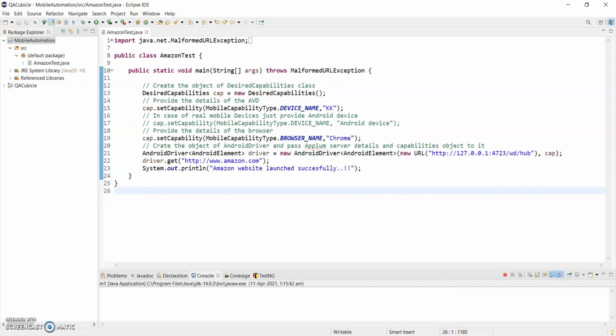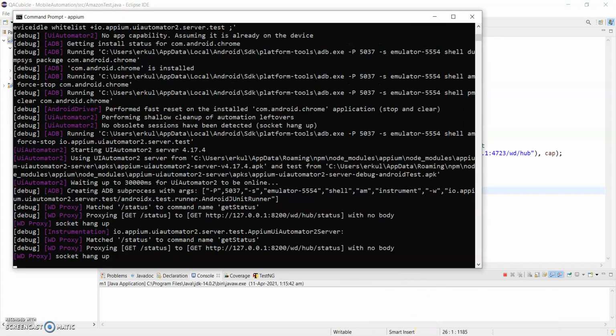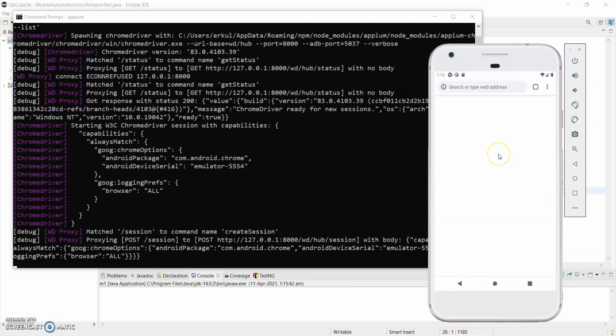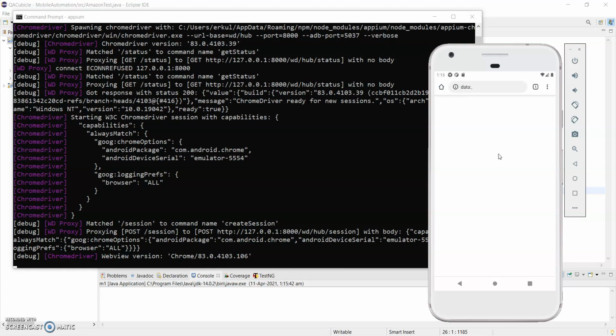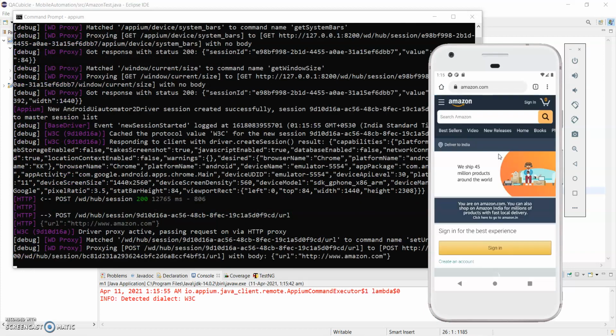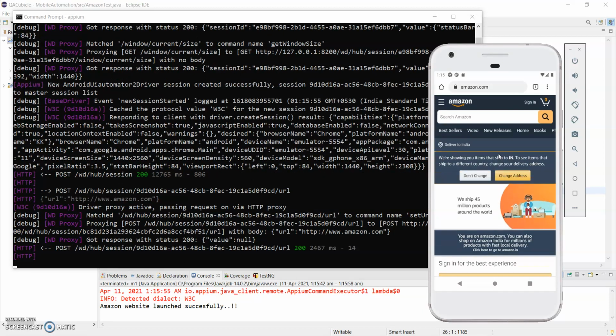Run as Java application. Let's keep an eye on the APM server logs. You can see it is running, and this is our device. Yes, you can see the Amazon website is launched successfully here. You can get this message as well: Amazon website launched successfully.